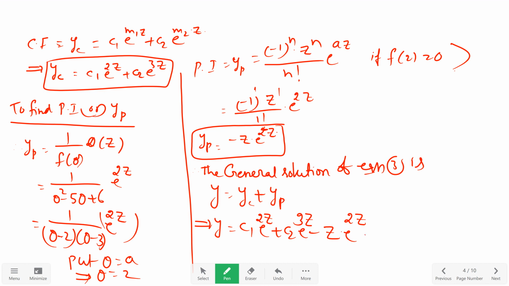Now we want the solution for the given linear equation with variable coefficients. Equation 4 represents the solution of equation 3. Now we want the solution of the given equation, that is equation 1. For getting it, we substitute the z value. Our substitution is x is equal to e power z, so z is equal to log x. Finally we substitute z equal to log x in equation 4, which gives the general solution of the given equation.